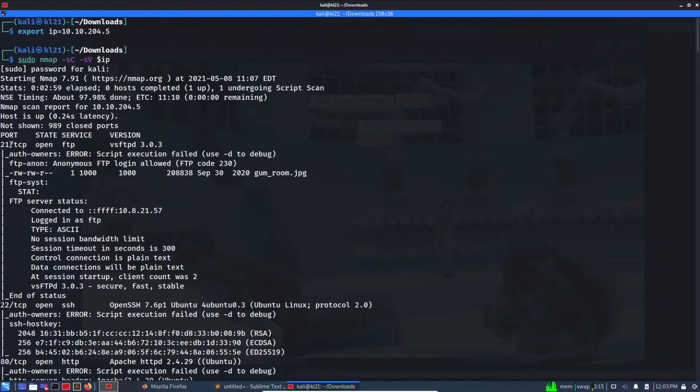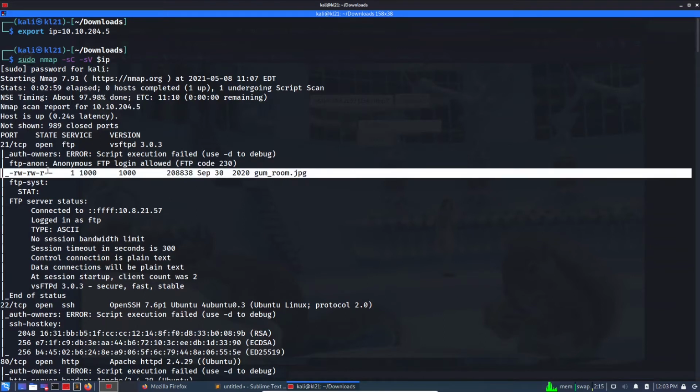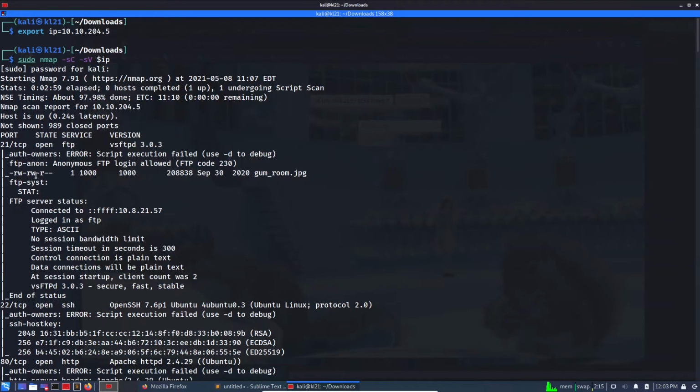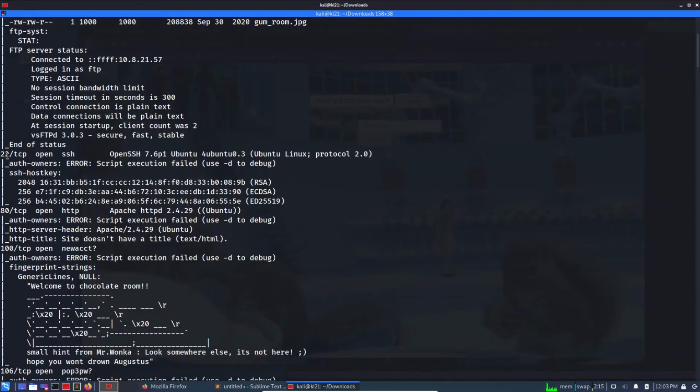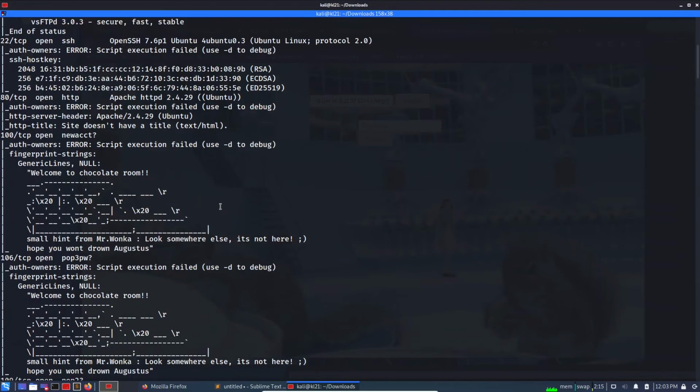From the very top we can see port 21 FTP is open, and we can see a JPEG file. We can read this file using anonymous. Okay, that's great. And this is 22 SSH, 80 HTTP. We already know that. And then there are a couple of ports here, 100,